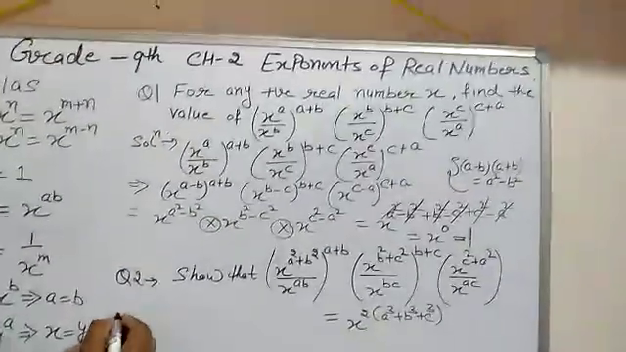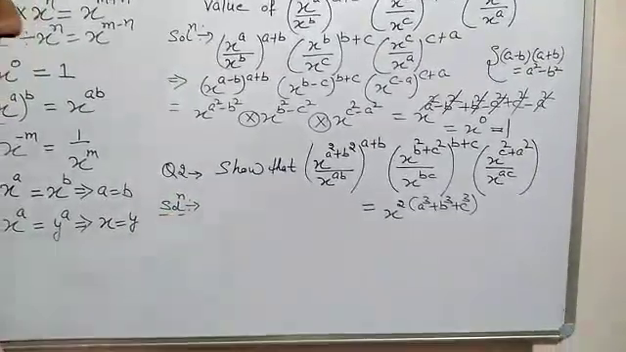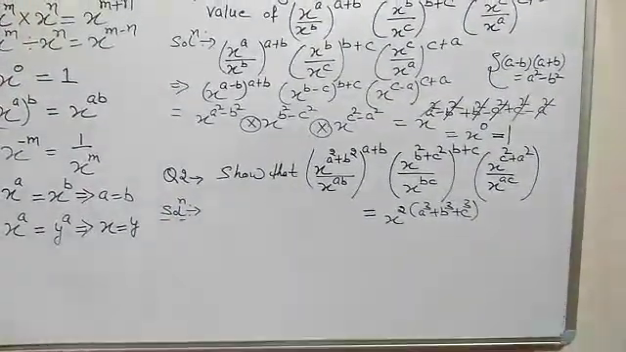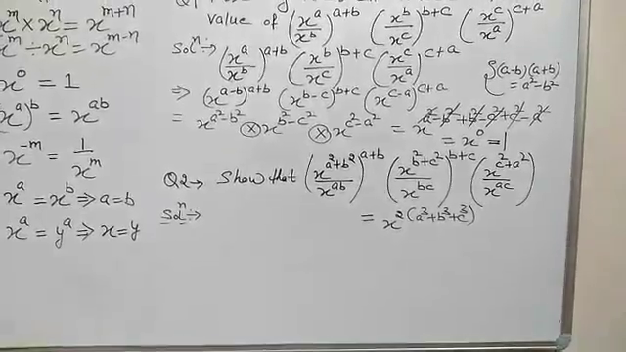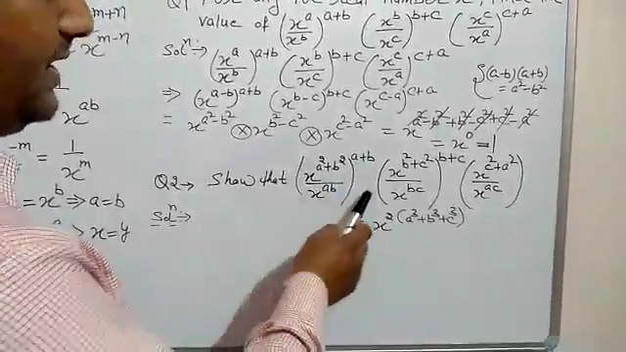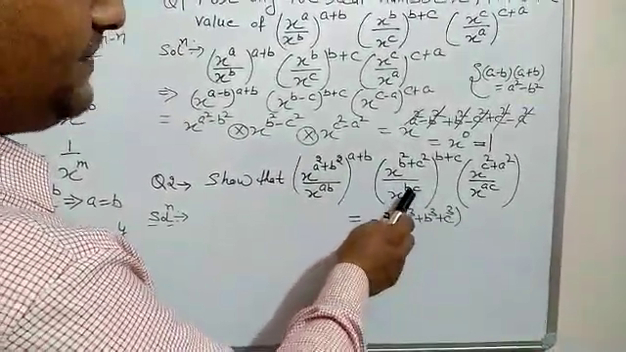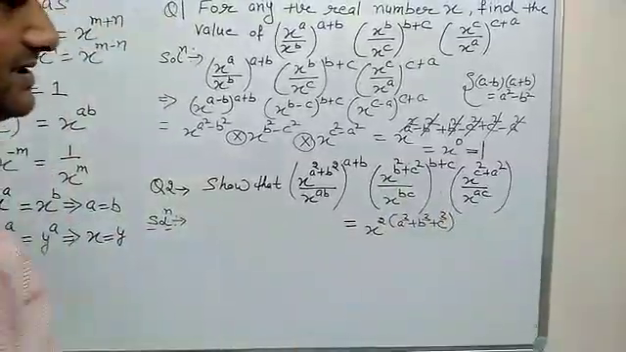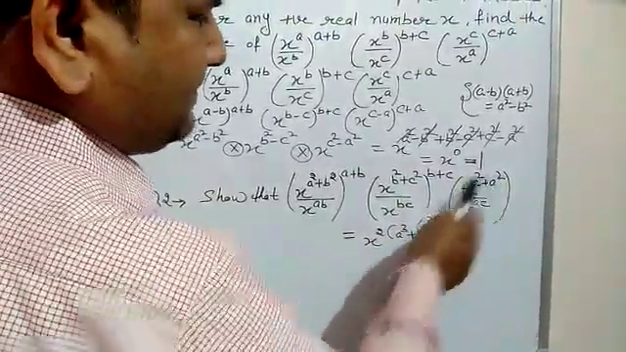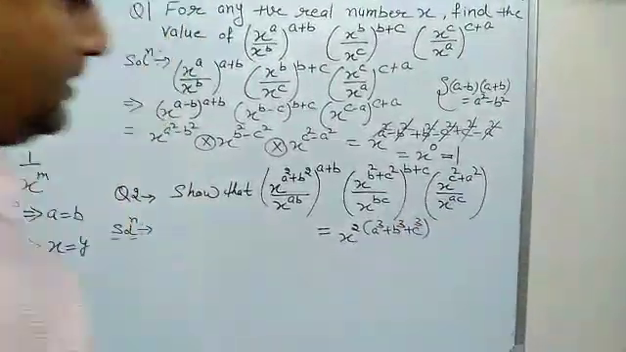So let us solve question number second. It is also based on your exponents of real numbers. Show that (x^(a²+b²) / x^(ab))^(a+b) into (x^(b²+c²) / x^(bc))^(b+c) into (x^(c²+a²) / x^(ac))^